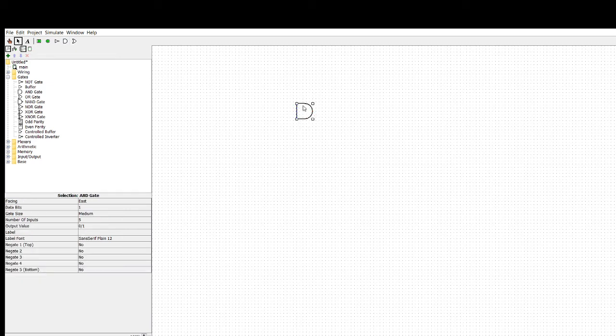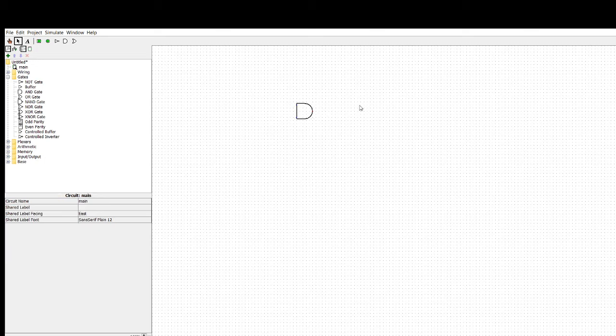Now if you see this, there are a lot of inputs in it. So you can go to the selection of the AND gate. In that, the number of inputs is there, so you can change it based on your requirement. So let us take 2. Okay, the number of inputs to be 2. Then I need to apply input to this, and I want to check the output. I can check the output using this output pin. So I will be connecting the output pin to your AND gate.